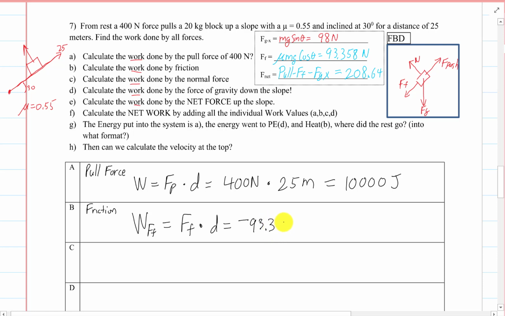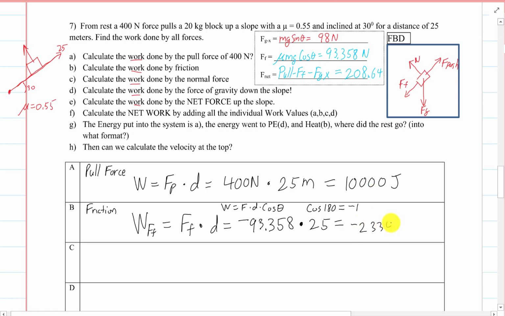Realistically, we don't put negative into the formula, right? Because work is equal to the force times the distance times the cosine of the angle. But this will be the cosine of 180 degrees because they're in the opposite direction, and that's negative 1, times the distance of 25. When we do that product out, we get negative